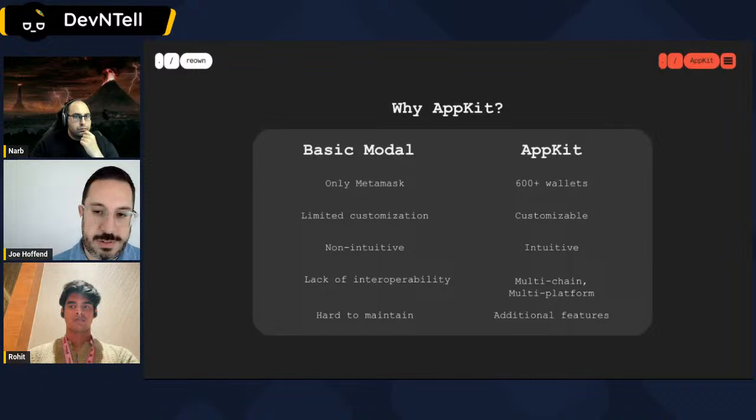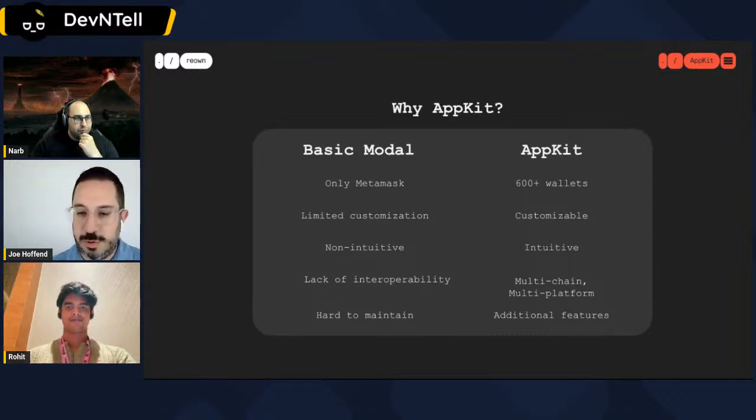We've got docs explaining exactly how to customize the experience, whether it's what social logins show or are available, what wallets you want to prioritize, the fonts, the backgrounds, everything. You can go just look, and it's super easy to change the settings around. And then this ultimately just makes something non-intuitive much more intuitive, because you're in more control of what's showing and you're not having to do so much work.